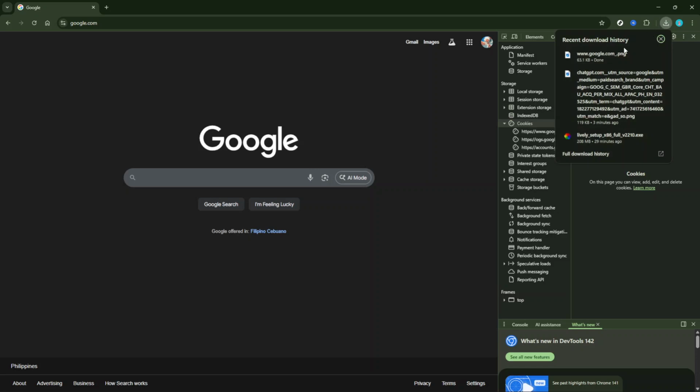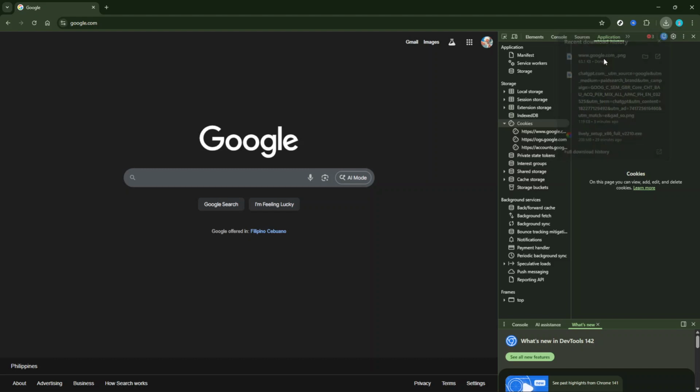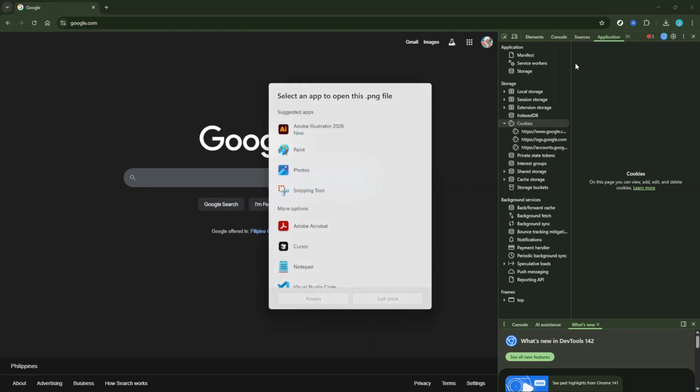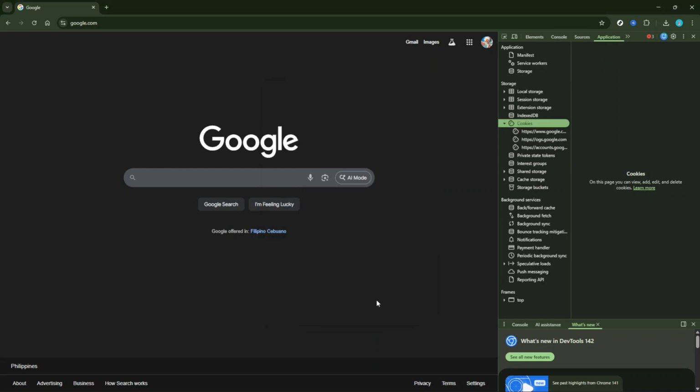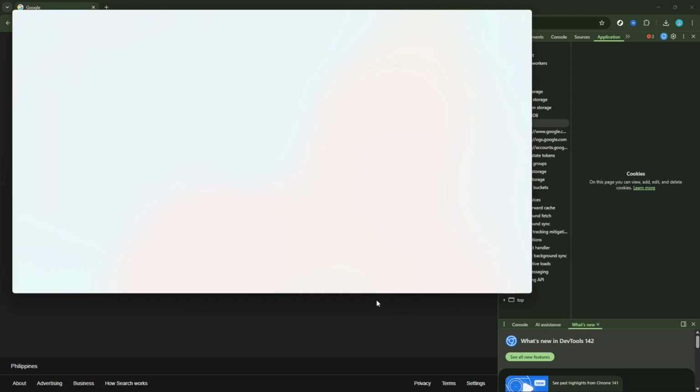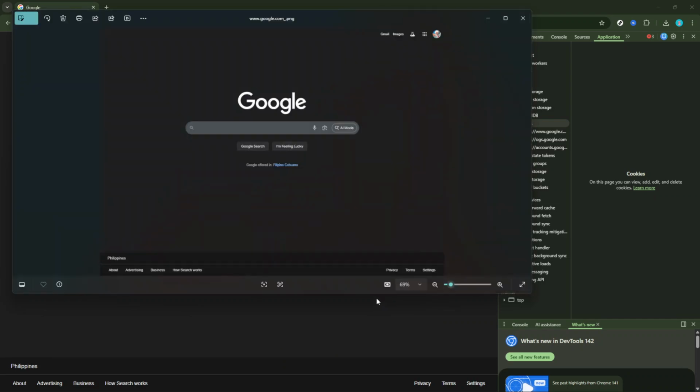Once you've selected the capture option, your job is nearly done. Chrome will take a moment to process the whole page, depending on its length and complexity, and then automatically save the screenshot as a file on your computer. You'll typically find the saved image in your Downloads folder, unless you have a custom download path set up on your browser.